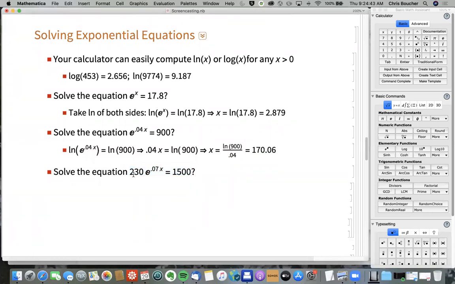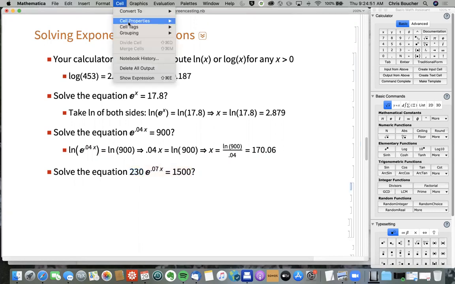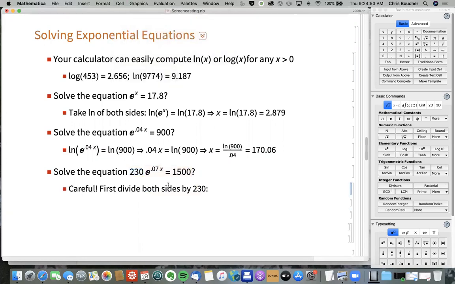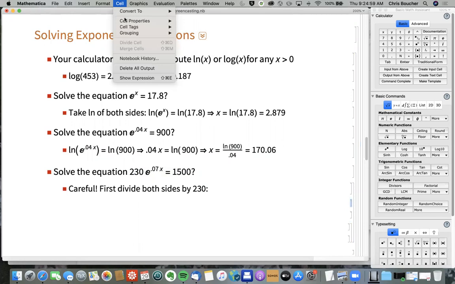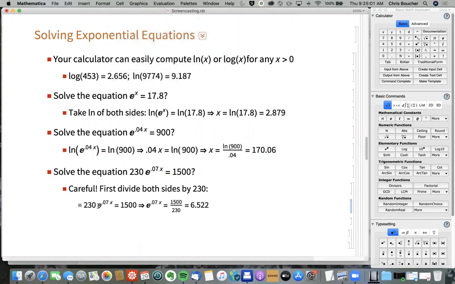And the reason is the left side isn't just purely an exponential. I've got this constant 230 that's kind of in the way. So what I'm going to do first is get that constant out of there. First, I'm going to divide both sides by 230. So when I do that, the 230 cancels on the left. Right, so here's the initial equation. When I divide both sides by 230, it goes away on the left, and on the right, I get this